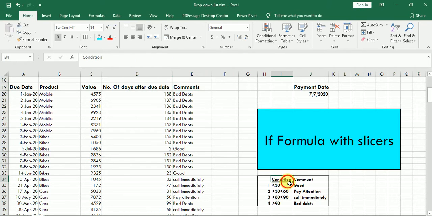This is the condition. If the number of days passed after due date is 30 days, comment it as good. If it has crossed 30 days but not 60 days, comment it as pay attention. Crossed 60 days but not 90 days, call immediately. And if it has crossed 90 days, comment it as bad debts. Alright, so